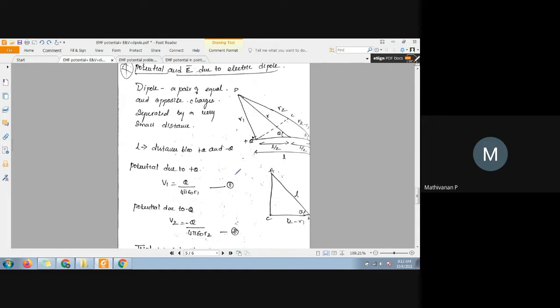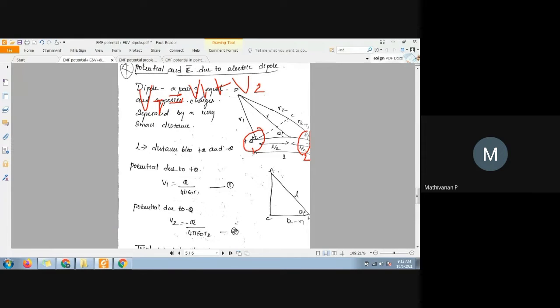Now from the equation of potential, here potential in the sense we are going to take it as absolute potential only. Okay, so first we are going to find the potential individually for the charges. This is for charge 1 and this is for charge 2. We consider like this. Individually we apply for charge 1 and charge 2, then we will add both of these. So the total potential is nothing but Vt is equal to V1 plus V2. So this is your total potential.